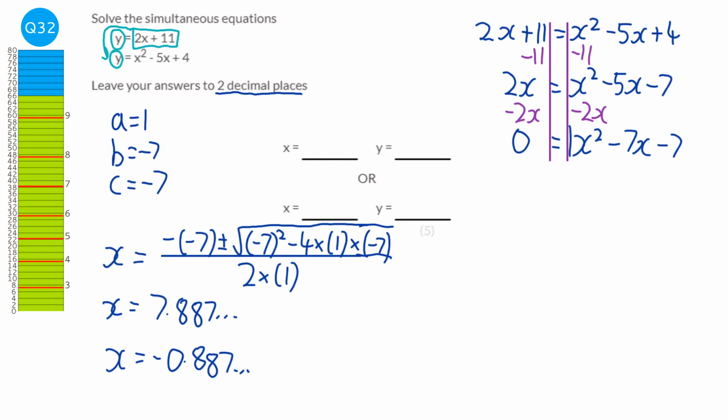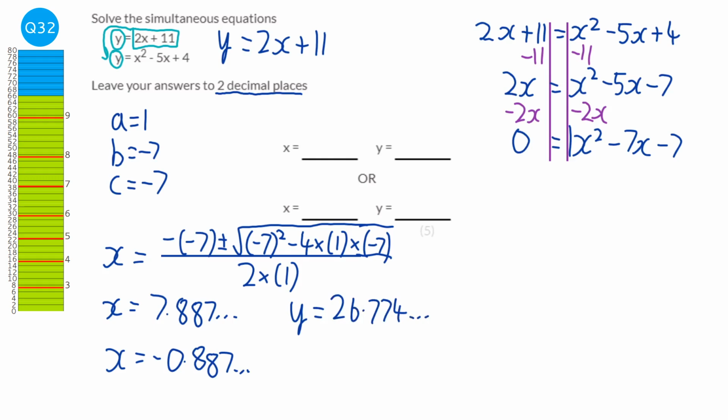So we look at this first equation here, which says y equals 2x plus 11. It means to find out what y is, all we need to do is times it by 2 and then add 11. So I'm just going to do that with the first solution we have, so 7.887... I'm going to times it by 2 on my calculator, and then plus 11. And that gives me the answer of